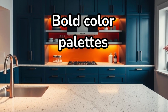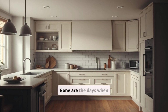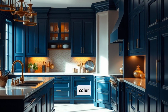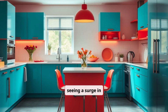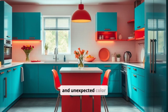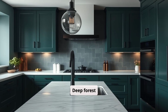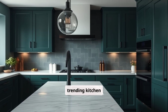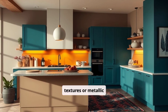2. Bold and expressive kitchen color palettes. Gone are the days when white, beige, and gray dominated kitchen color schemes. 2025 is seeing a surge in bold, moody tones and unexpected color pairings. Deep forest green, matte black, and terracotta are trending kitchen colors, especially when balanced with natural wood textures or metallic